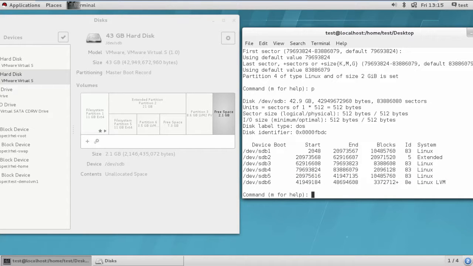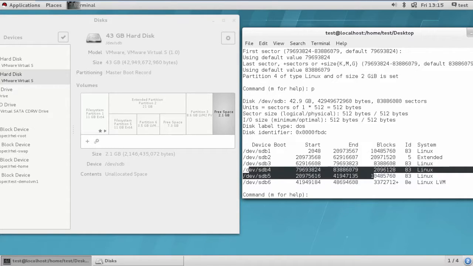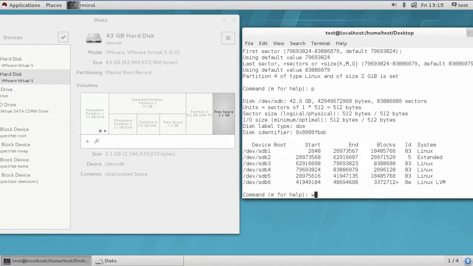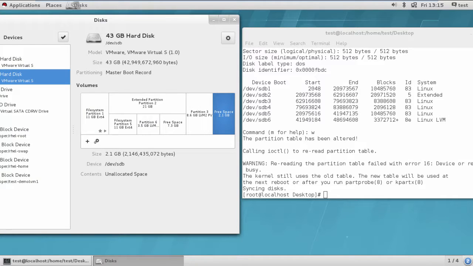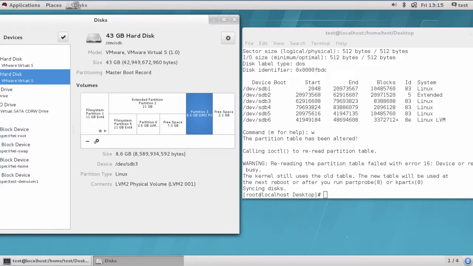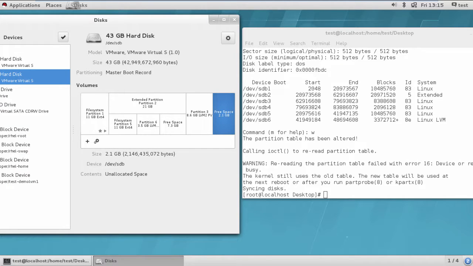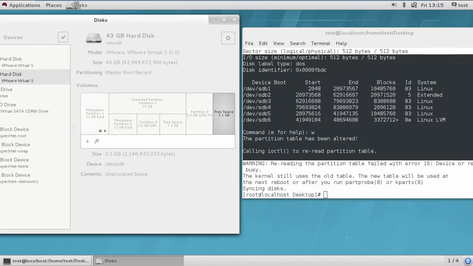So now we'll go for W. We'll save the partition and enter. Now I'll just check with fdisk -l and the device, that is your /dev. This free space has not been updated. We'll update it